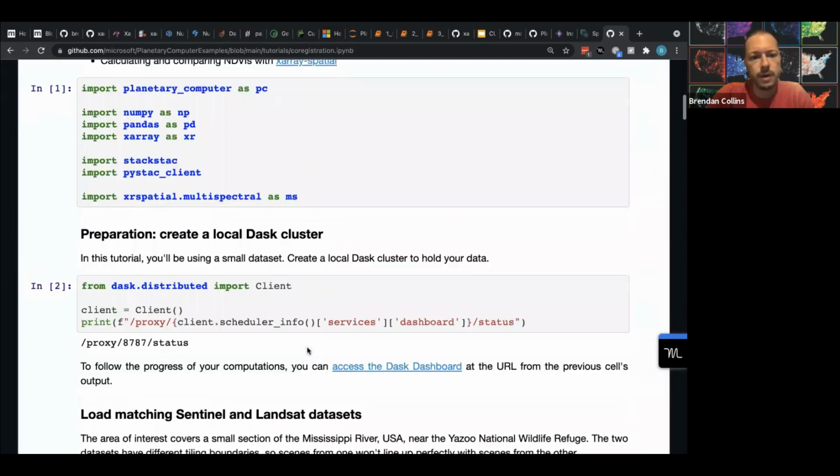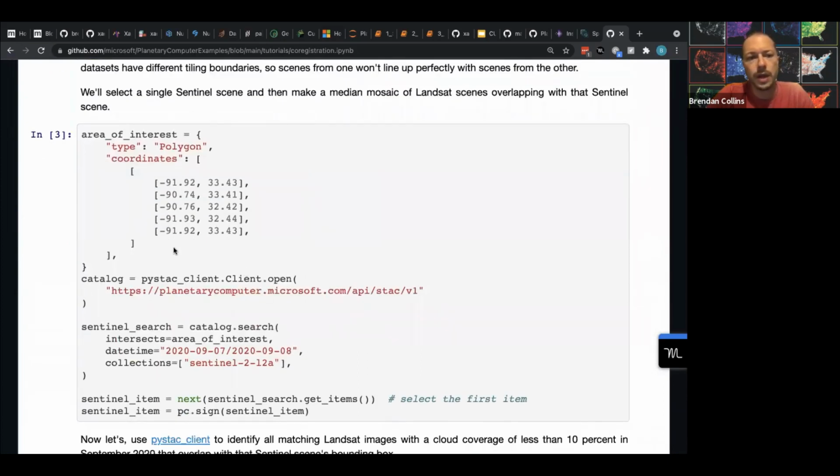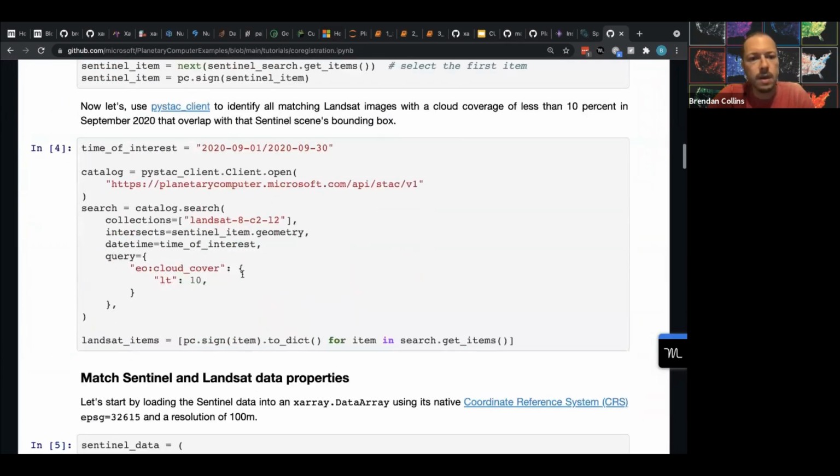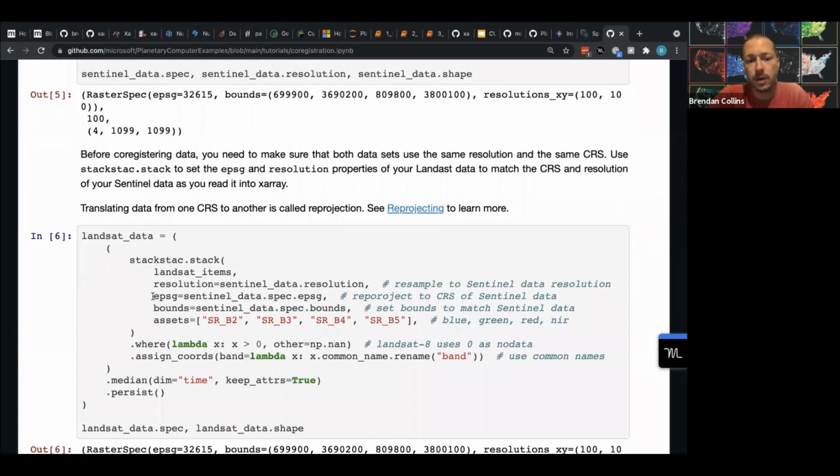So here what we're doing is we're connecting to STAC, and we're doing a query using a polygon to bring back rasters just within this polygon. And then also doing some querying about less than 10 on a cloud cover band. And also specifying a resolution here. So once we construct this catalog of data, we can have it resampled to a common resolution and even a common map projection. So here we're setting this to the Sentinel EPSG, which is this projection